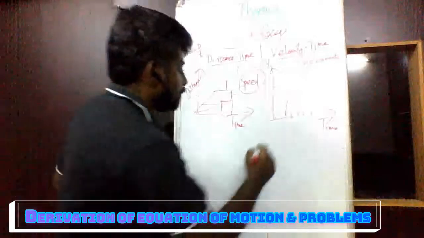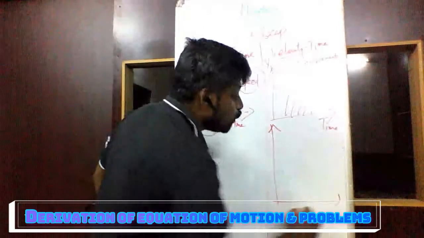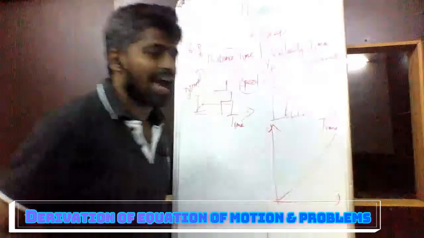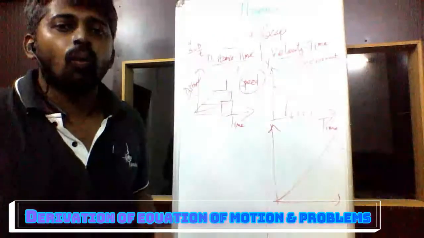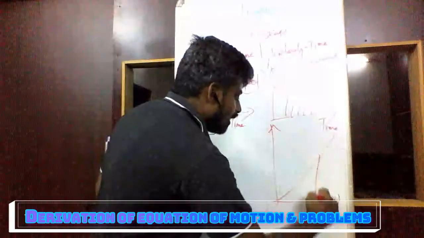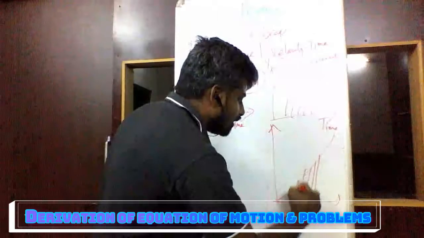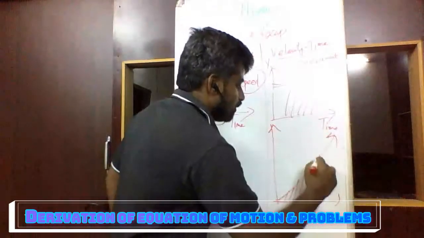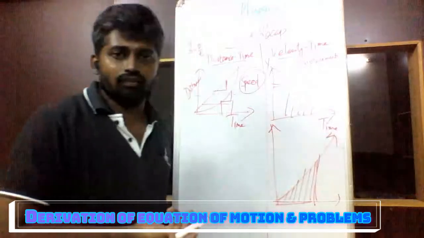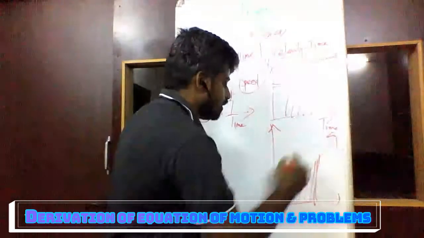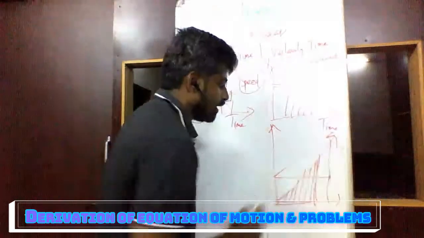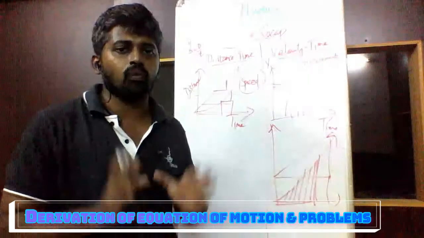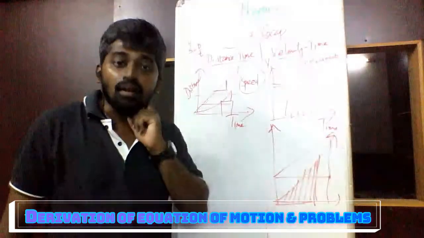What is the second example? You remember that? Uniformly accelerated motion. For this uniformly accelerated motion, what would be the displacement? The area under this line. Okay, this area is a triangle, the area of a triangle. When it starts from here, it's the area of a triangle and the area of a rectangle. So this is a short recap of what we have done in the last class.